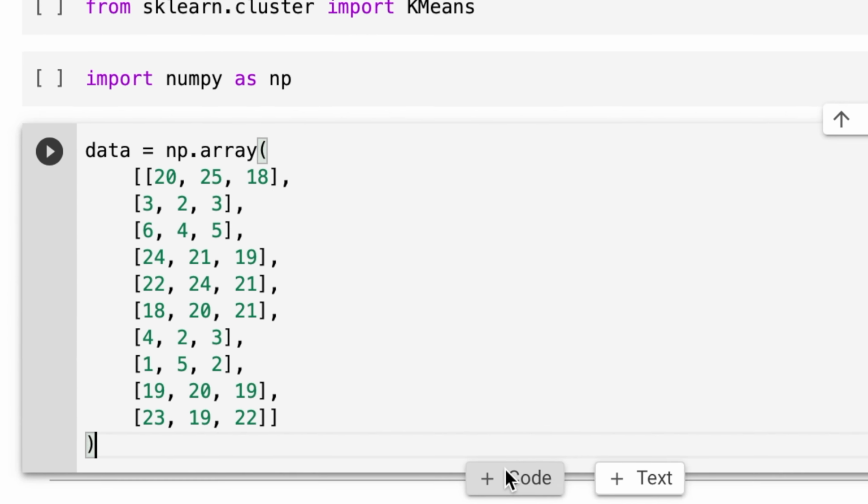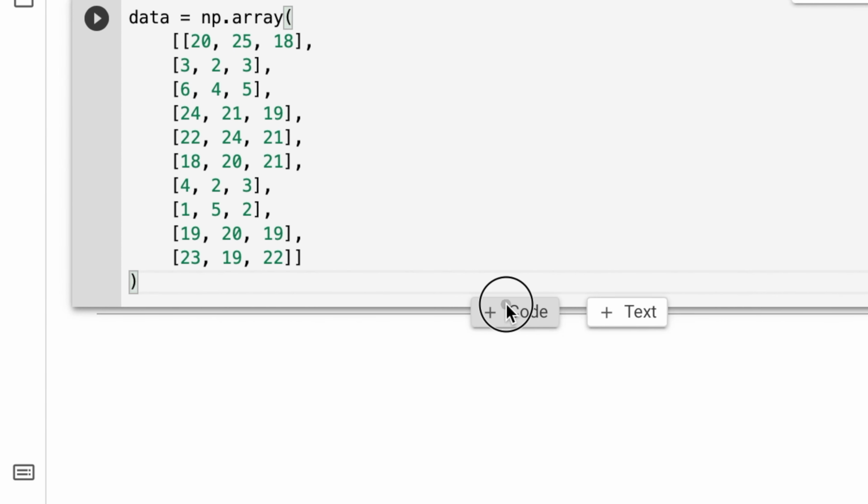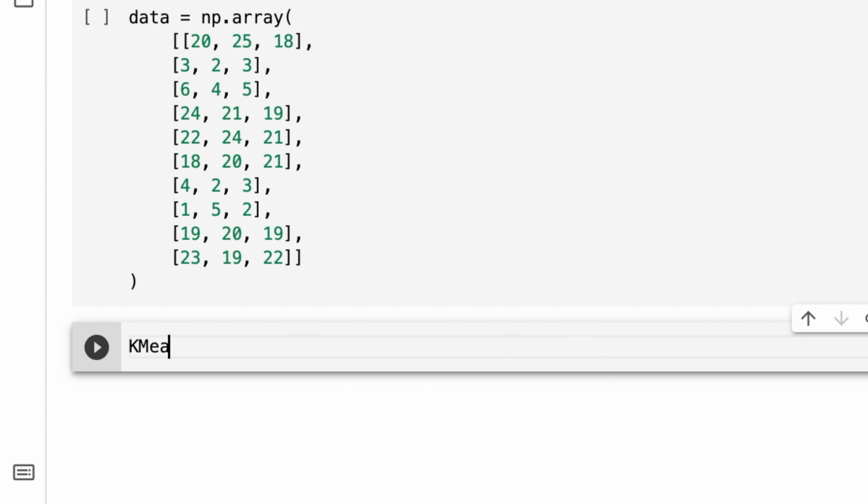Now that we have the data in this variable, we can use the k-means class to find k clusters. For this example, we will find 2 clusters. In real-life data, you can find 2 clusters, 3 clusters, 4 clusters, or any number of clusters that you need for your analysis.